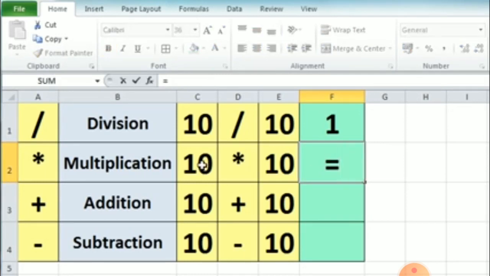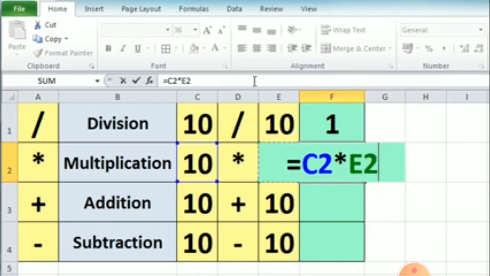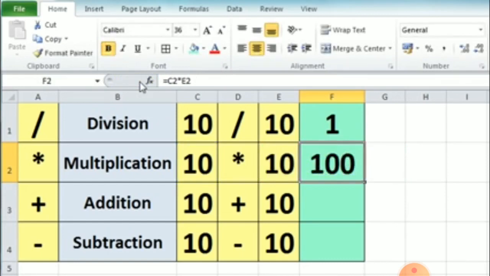Now for the second one also, equal sign, I will just click on my first value, that is the address of cell C2, and then I will write the asterisk symbol for multiplication and then E2 cell. After that I will press the enter key and then 100, the result, appears in my F2 cell.